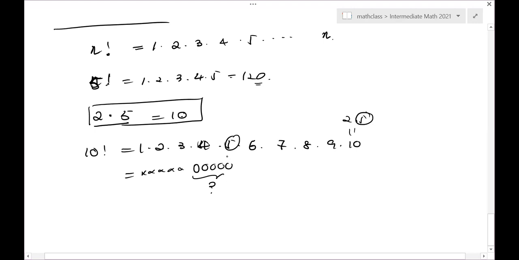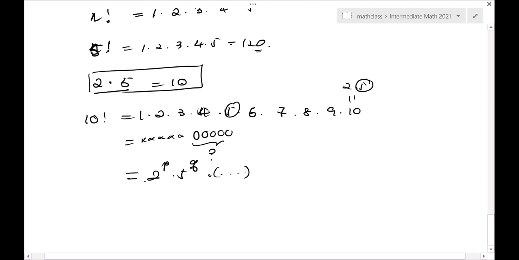Yeah, there's enough 2 there. So the 2 times 5. Yeah. So in general, if we can figure out 2 to a certain power, 5 to a certain power, and then all the other factors which do not contain 2 or 5, then in general P is always greater than Q. So then if we expand it, if we can figure out how many factors of 5,